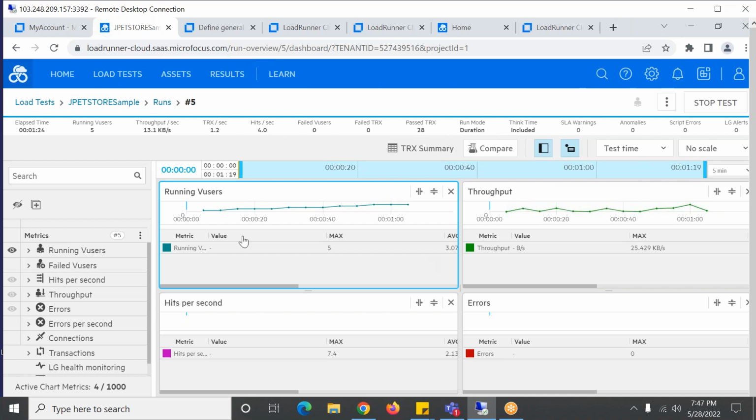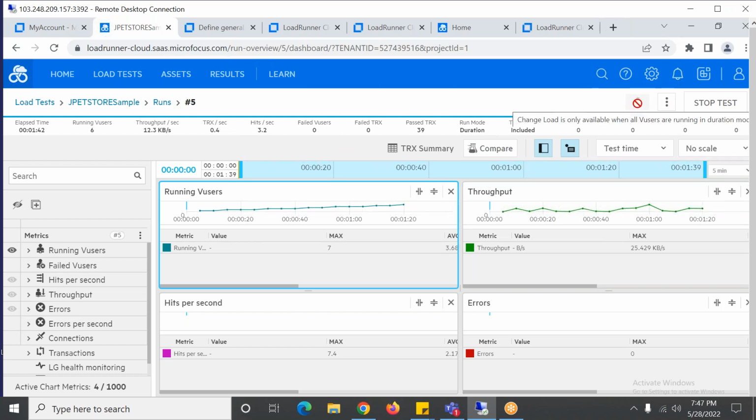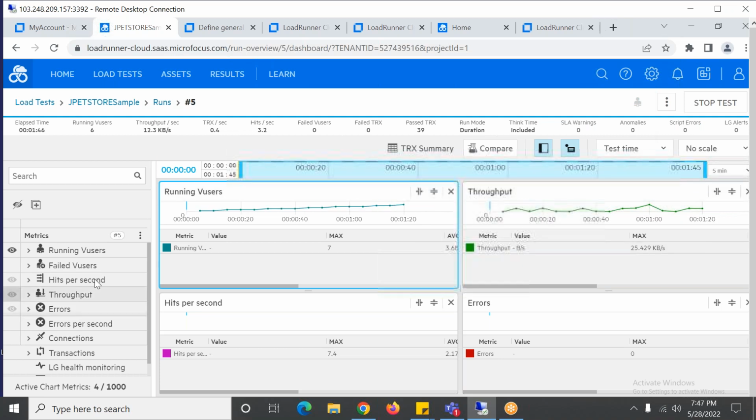If you could see, our test is running. It is similar to Performance Center only, but you could see this SLA warning. If I had given an iteration, this option would have been enabled. I can add virtual users while running the test. This is the option for adding virtual users while running the test. And these are the 4 graphs.